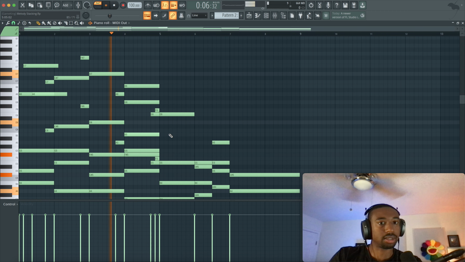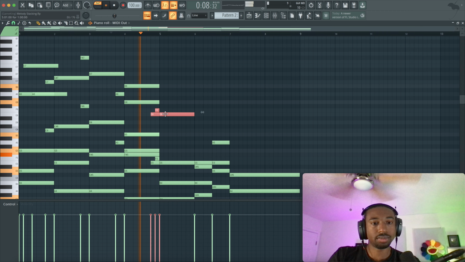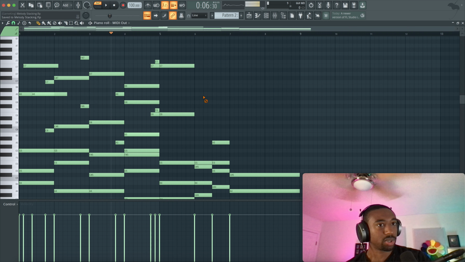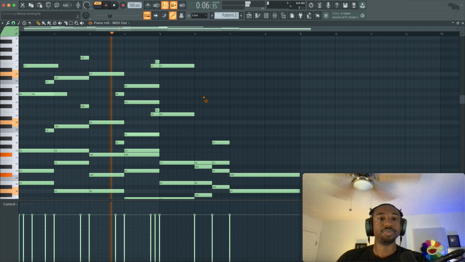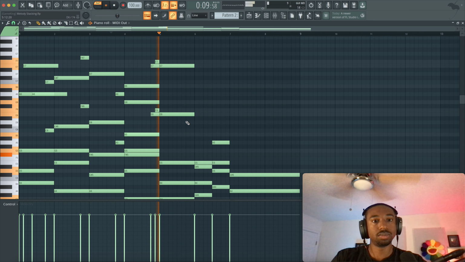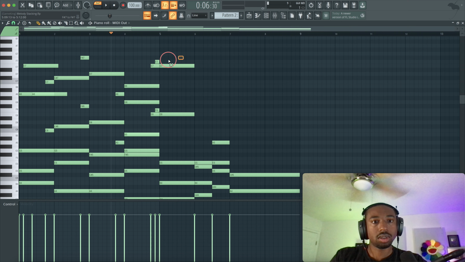Also, this could be technically called a neighboring tone. Now that was too low, so let's pull it up an octave. That's why I said once the top line starts blending in with the chords, it's hard to distinguish what's the chord and what's the top line. So that E was too low. Dun, dun, dun. Okay, so that's a half step.